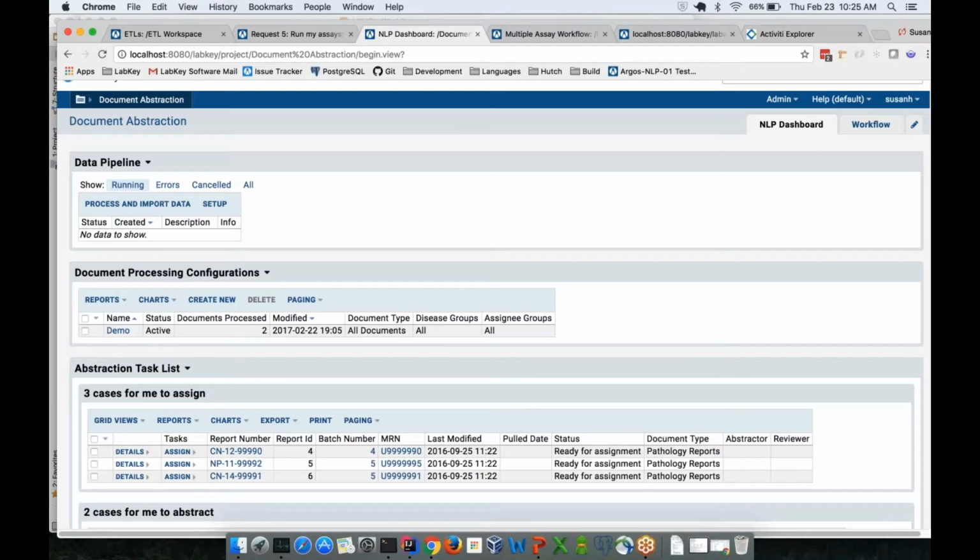So the pipeline is used to get documents into the system, and then those documents are meant to be reviewed and worked on by various people, and that's where the workflow is involved, and who is going to do various tasks within that flow. And then the workflow, let me go back to,